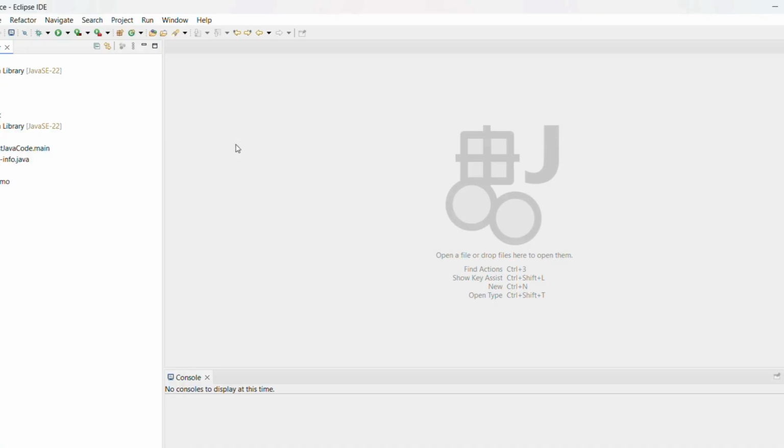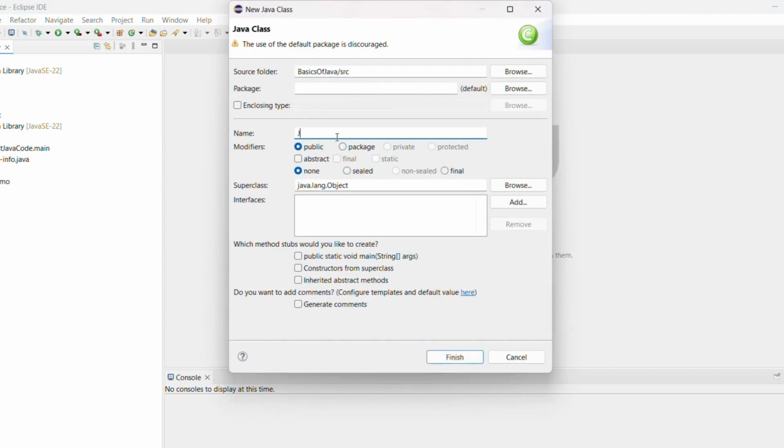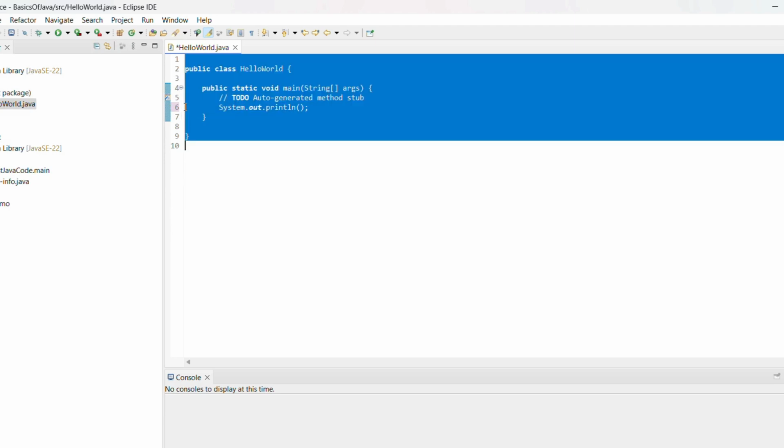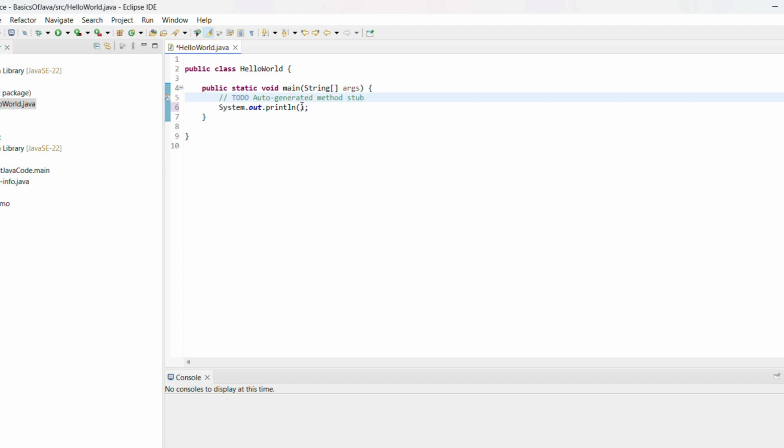Let's create a file. We will create a new class with name as hello world in Eclipse. And I don't want to add the main method manually, so I will just select public static void main method. So I will add this out, and in that I will print hello world. Oh, let me change it to hello awesome people, because you all are awesome.